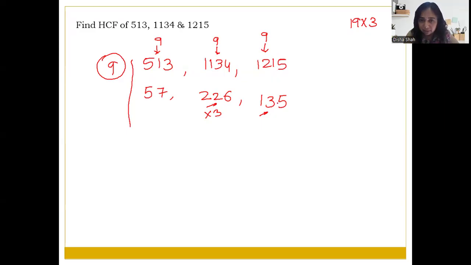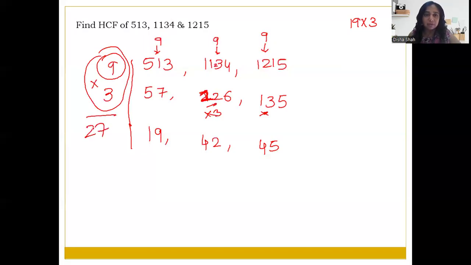जस्ट लेट मी सी एक बार, sorry, this is 126, not 226, हाँ, this is 126। Okay, so all these numbers are now divisible by 3 also, तो आगे और 3 से डिवाइड करते हैं, so 126 को डिवाइड करेंगे 3 से, so it is 42, and 135 को 3 से डिवाइड करेंगे, so it is 45, 45 3s are 135, so 45। 19, 42, 45 में nothing is common, so HCF is 9 into 3, that is equal to 27 is the HCF।